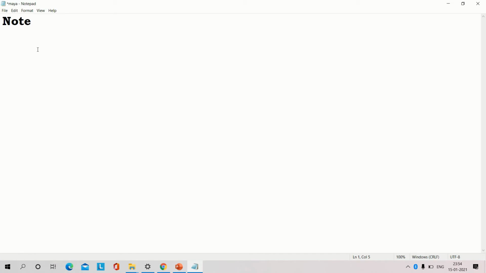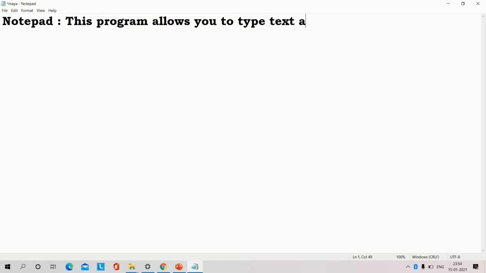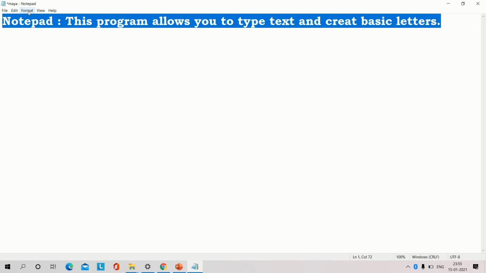Now we will type some text and we will edit it also. When we want to edit, we will go to the menu bar and select the format menu. We will select the first one, whatever you want to edit, a sentence or paragraph.